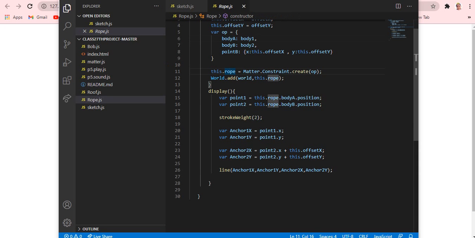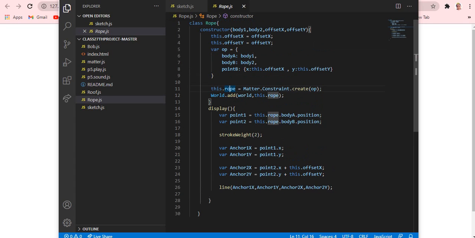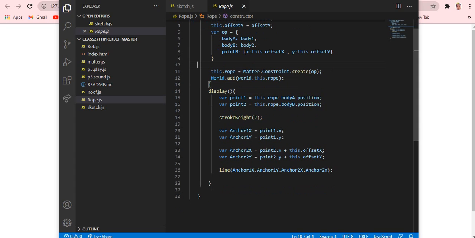Okay, then pointB is x: this.offsetX, and y: this.offsetY. See, and x1 is also this.offsetX, and y is this.offsetY. So till pointB you have understood, I think. Then this.rope, we are just adding a rope. Okay, so next one,